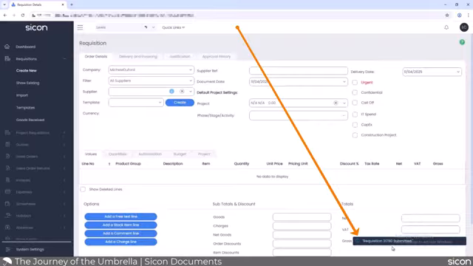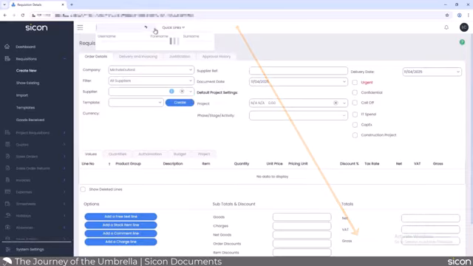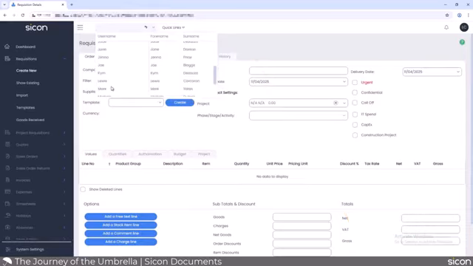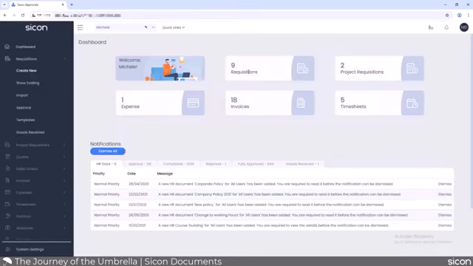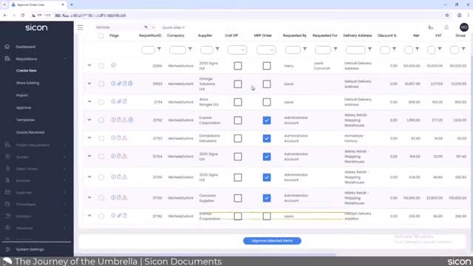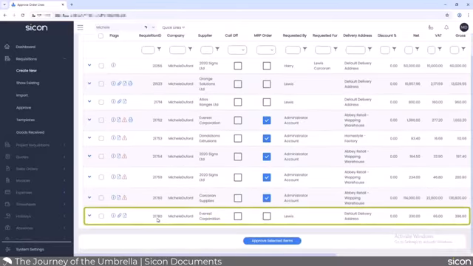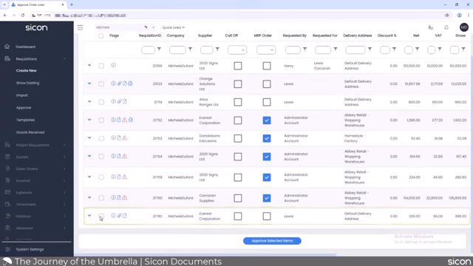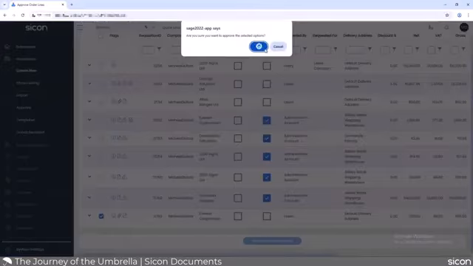There's my requisition 21780. That's going to go to Michelle for approval. So we'll just pop in as Michelle, and you'll see that in Michelle's requisitions, she does indeed have an Everest requisition 21780 with an attachment for us to be able to see. Not even going to go into the full approval process, guys. I'm literally just going to go in and approve it from here